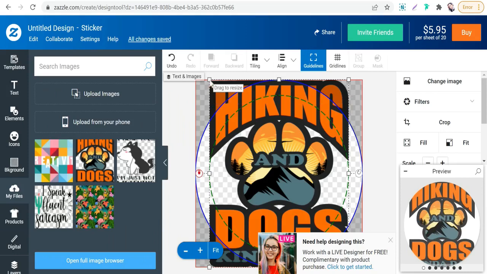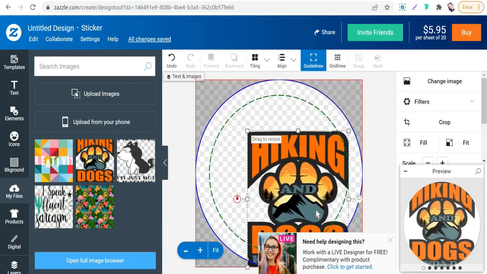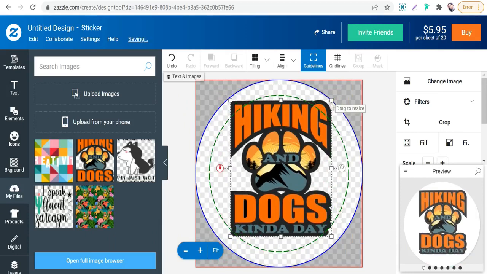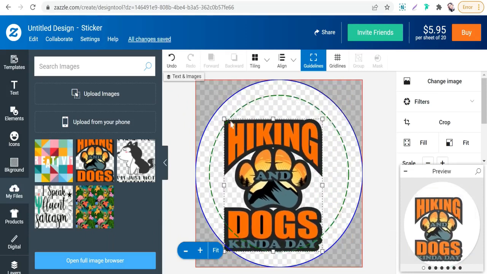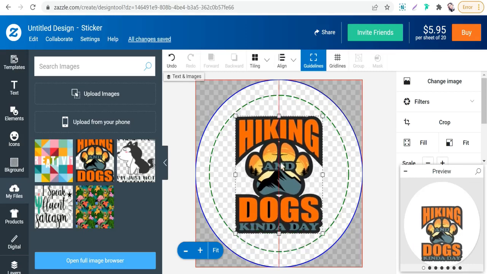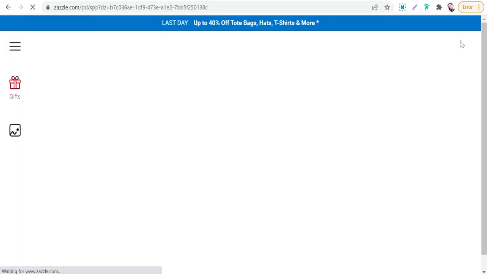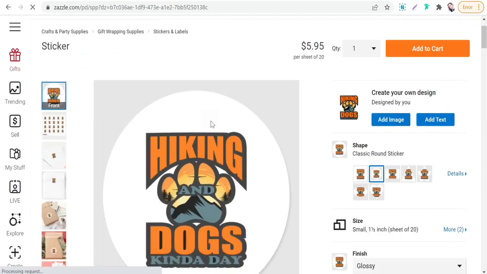Okay, so we can upload our file, our design, like this one. Okay, we can just optimize our design here. Perfect one. Make it smaller. Perfect one. As you see here, your sticker is ready.